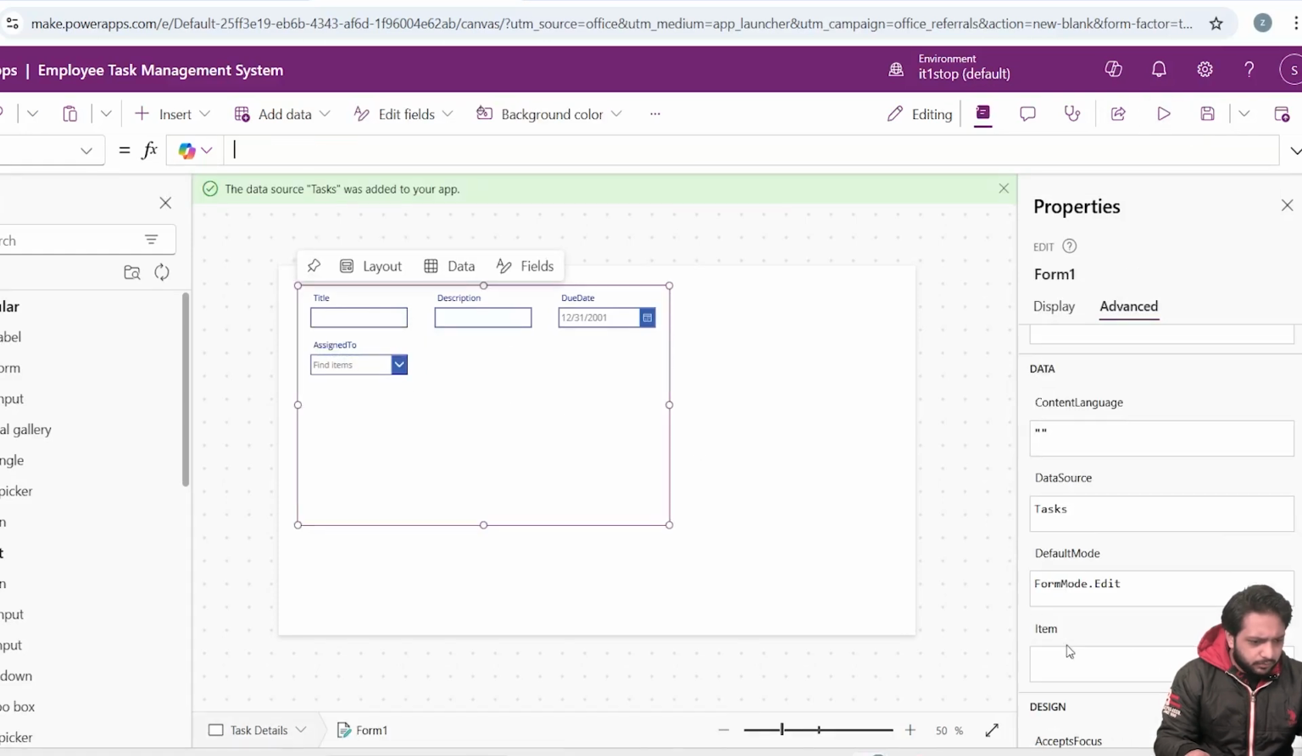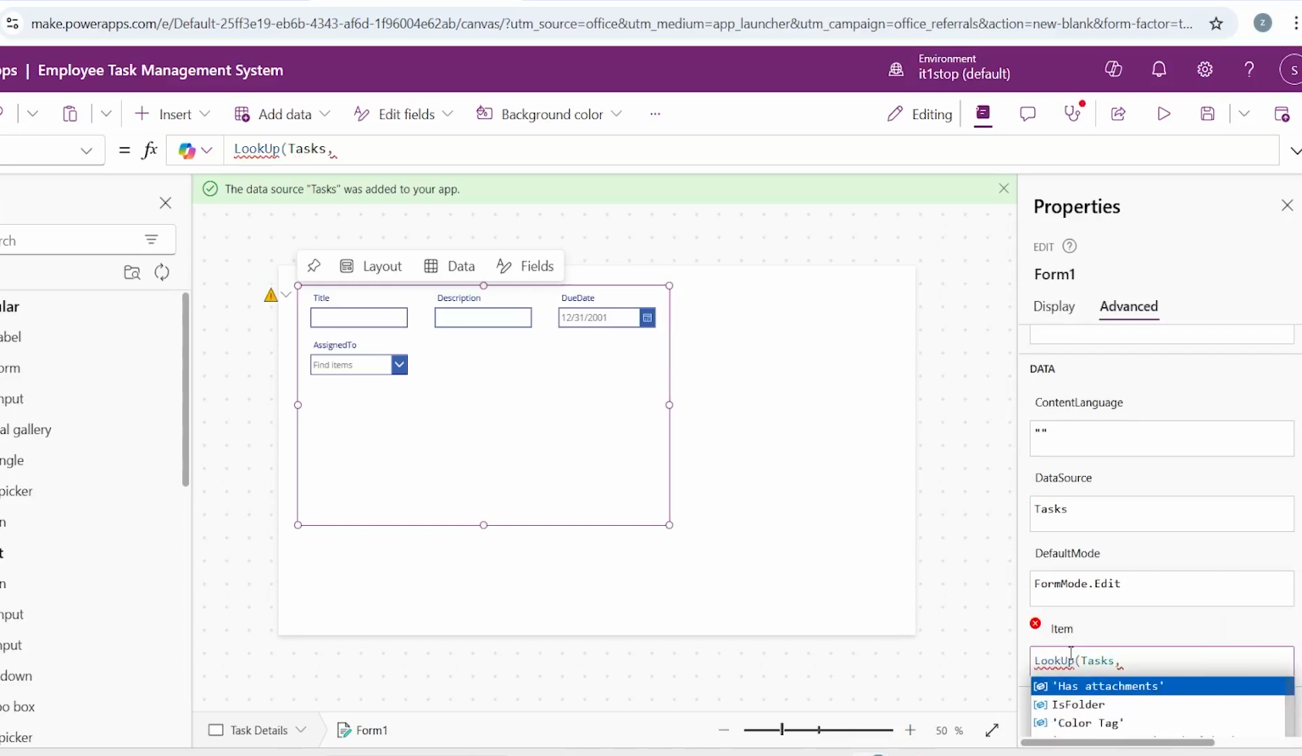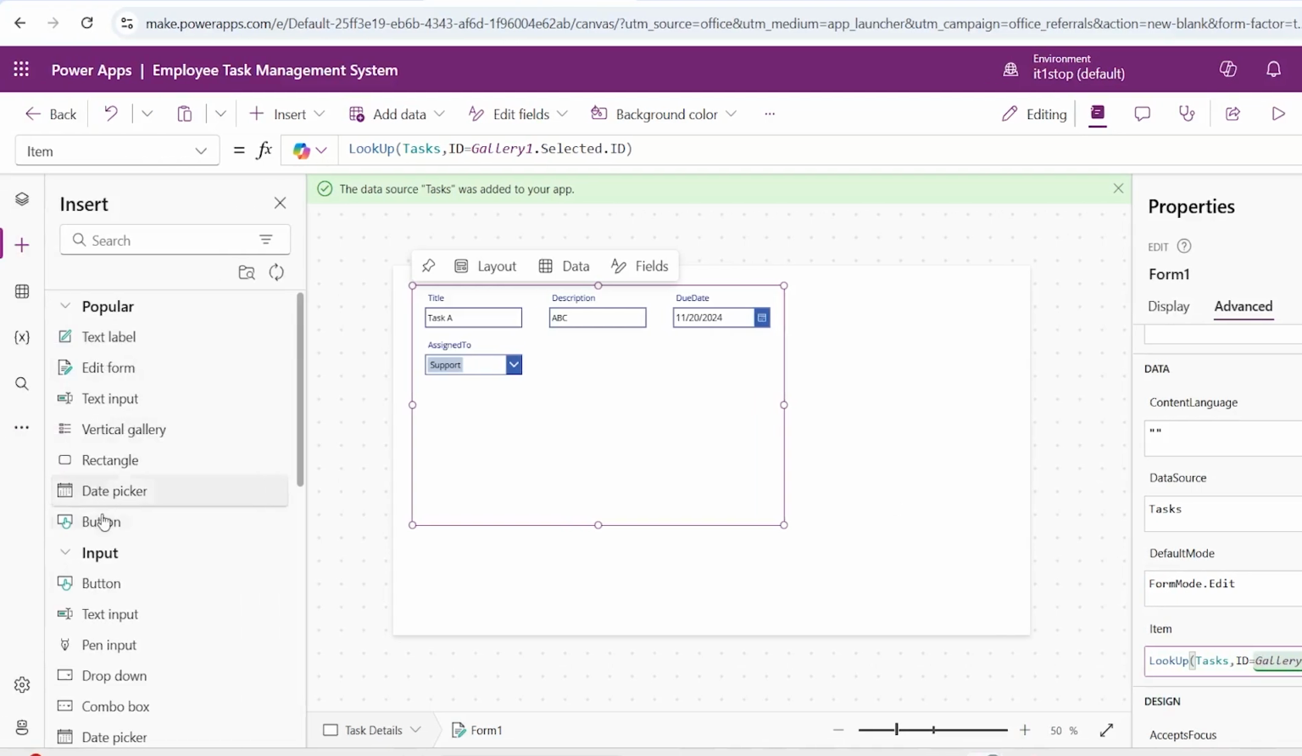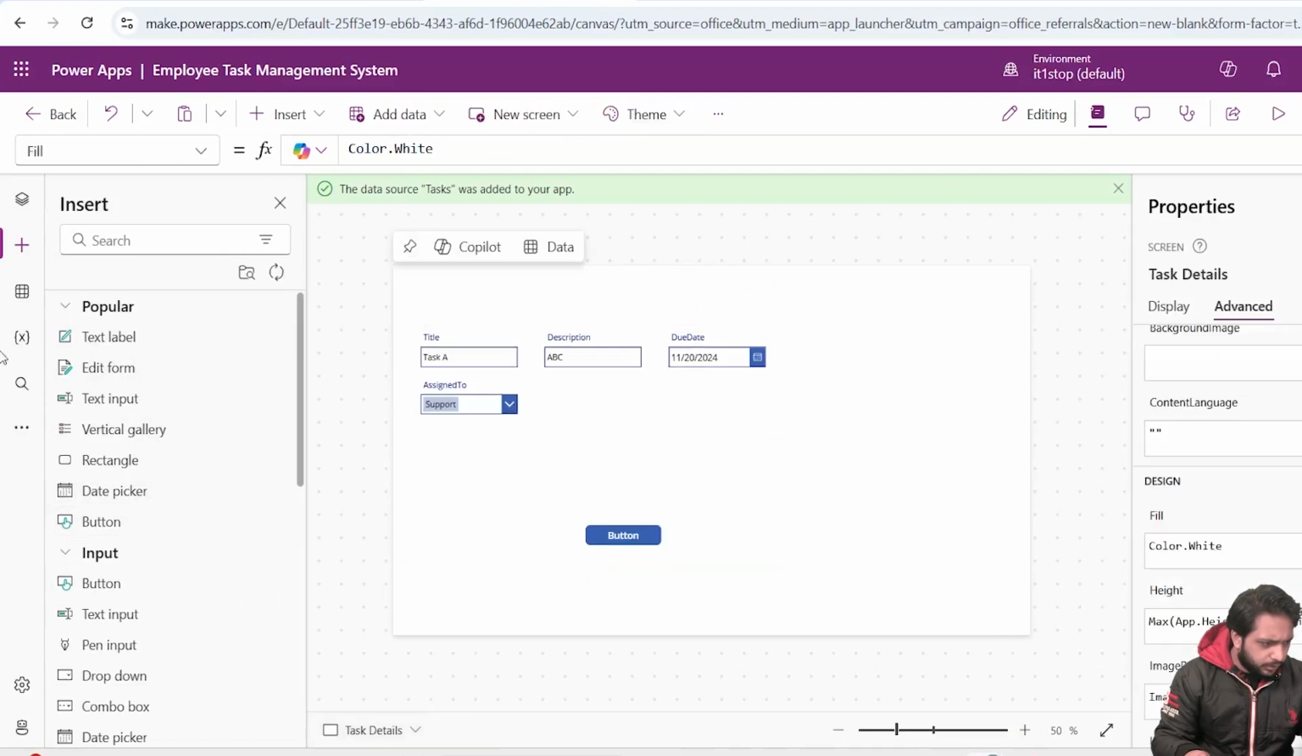Now simply we need to select item. So I will write lookup task, comma, id equal to gallery 1 dot selected dot id. This is for edit. Id equal to gallery 1 dot selected dot id. Also we need to select the form, but before that I will add a button, and we will add a